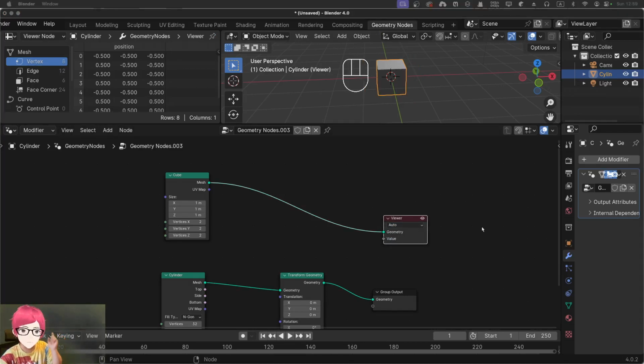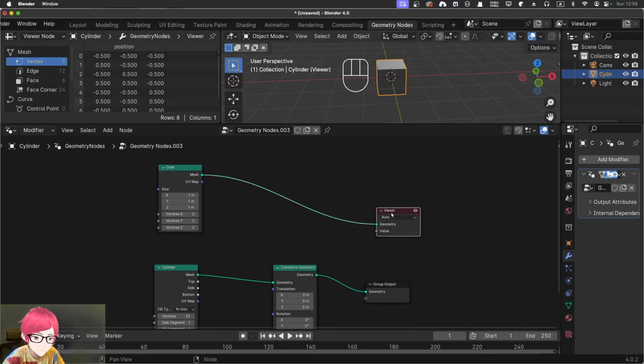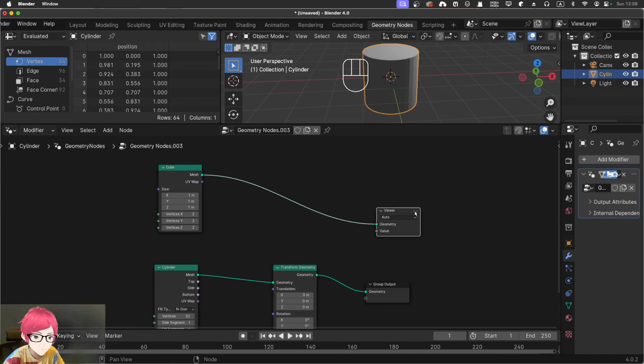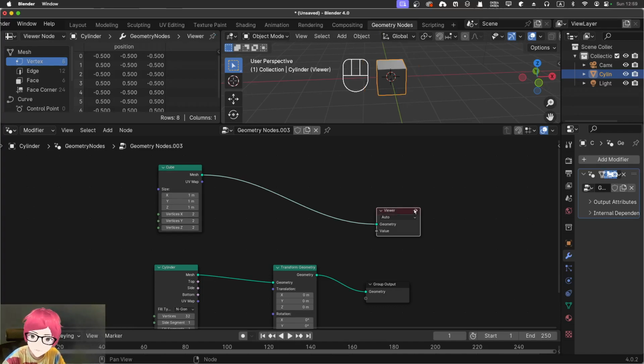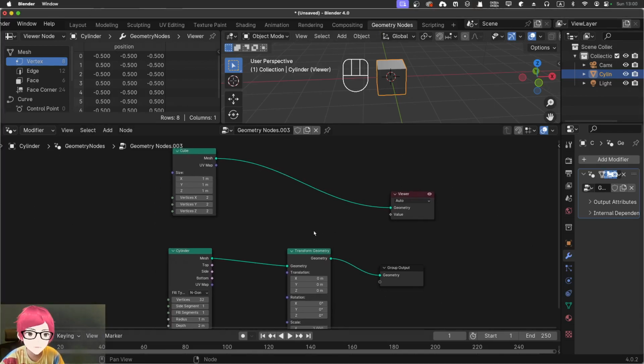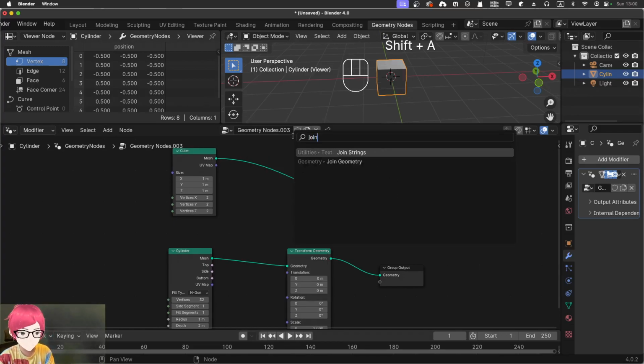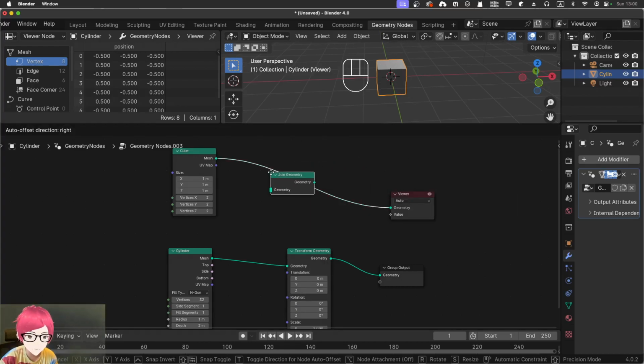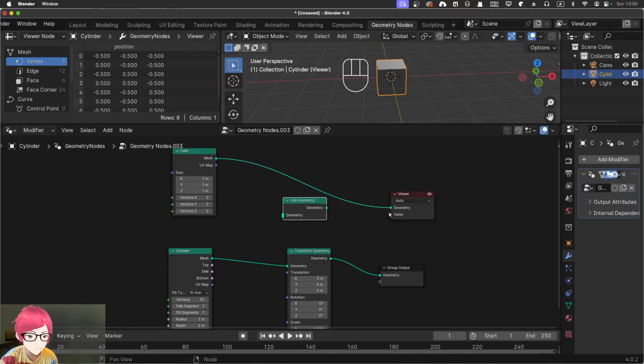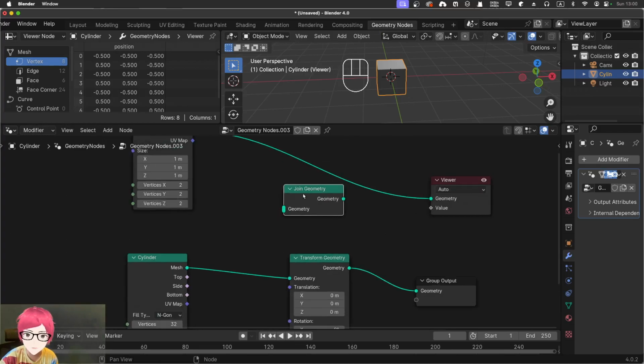Okay, yeah, silly mistake. I need to select this viewer, and select here, and select the group output, or select the viewer. Okay, and click this eye icon in order to actively select it. So basically you are going to join different geometry together. I believe you can just search for join. You can join geometry in the geometry, and you can plug all the geometry at the left,